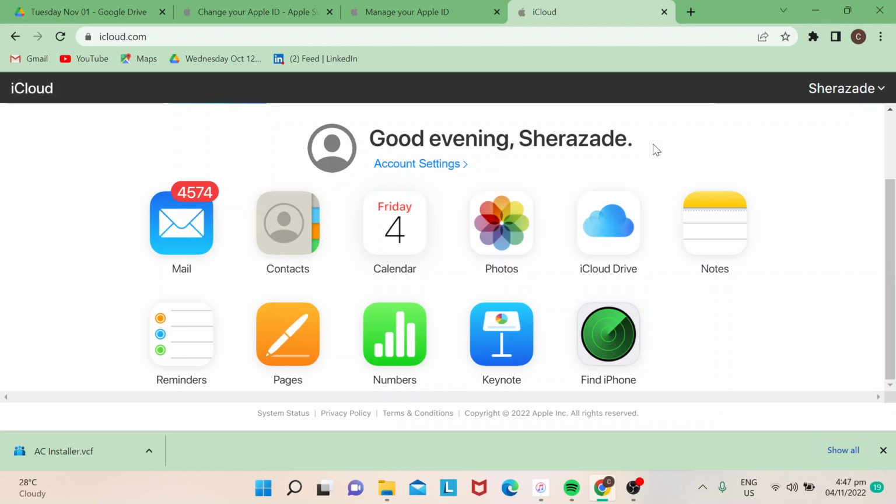For today's video, I will show you how to change email address in iCloud. Let's start. So I'm in iCloud.com. I'm using my PC. You could also do this using your iPhone or your MacBook, but right now I'm using my Windows. However, even if you are using your MacBook and iPhone, you cannot change your email address through here. You need to go to